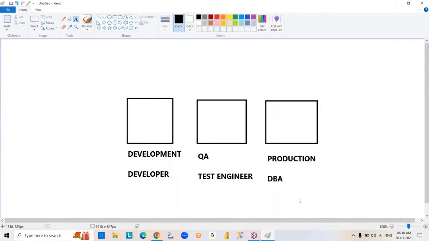Coming to next scenario. Important scenario here is